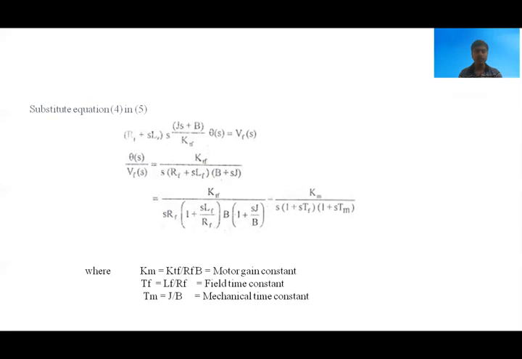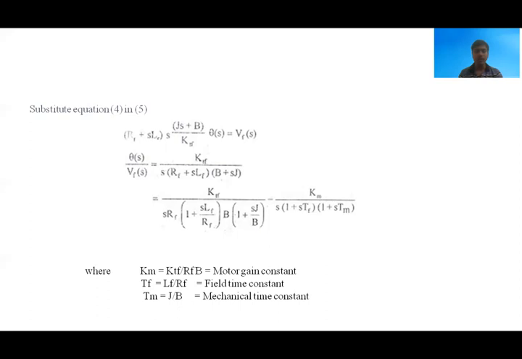That is equal to, now taking common s Rf from the denominator, we get Ktf by s Rf into (1 plus s Lf by Rf) into B. If we take common B from the second term in the denominator, we have B into (1 plus s J by B). That is equal to Km by s into (1 plus s Tf) into (1 plus s Tm),